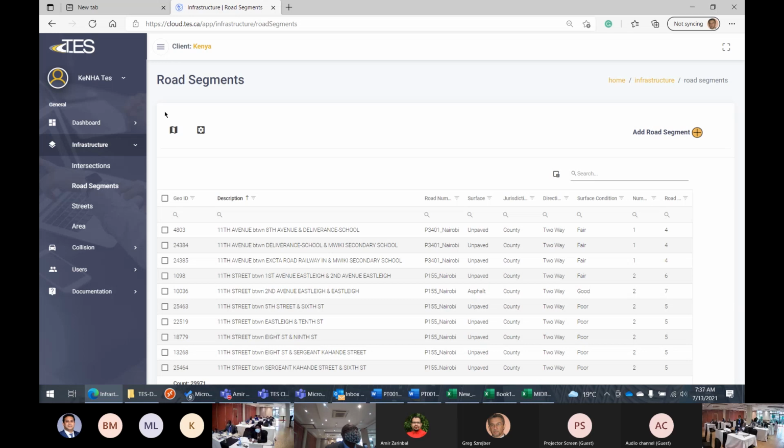Okay, so we see this table here, and all the tables in TES have functions to sort, to filter, to organize the way we want the view of that grid. So for example, I have here GUID, description, road number, surface, and jurisdiction. And I say, I want to have this jurisdiction moved to the description. So what you do, you click on that jurisdiction and hold the left key on the mouse, and then you drag